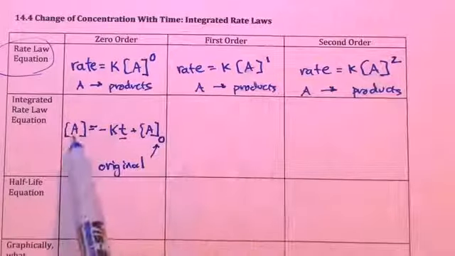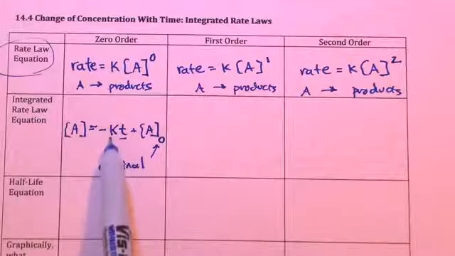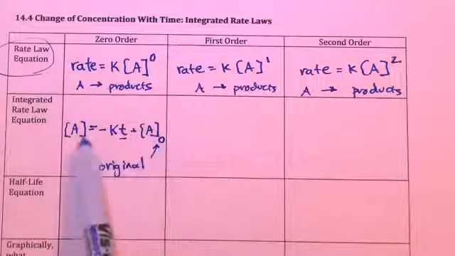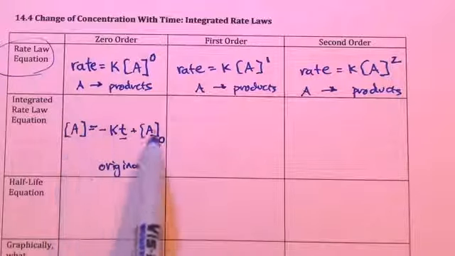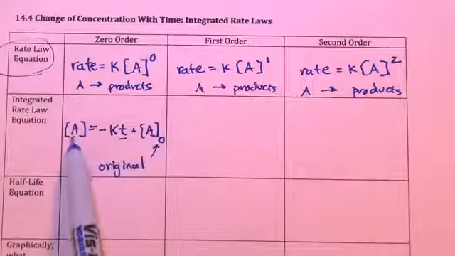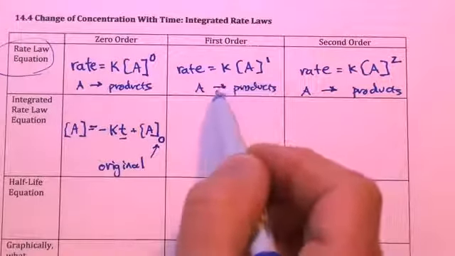So we can calculate the concentration of A at any particular time as long as we know the rate constant and the original concentration of A. Or conversely, if we know the concentration of A original and A at a particular point, we can figure out how much time it took to get there as long as we know the rate constant. For a first order